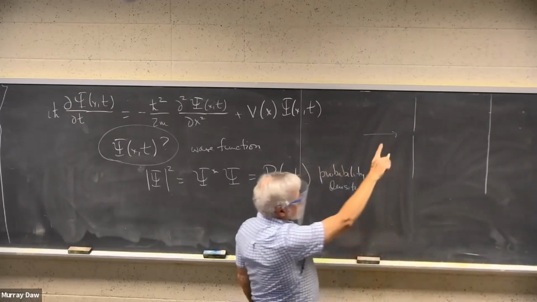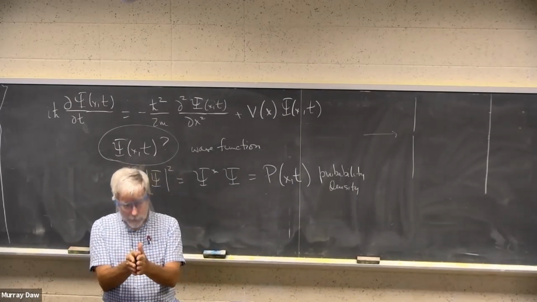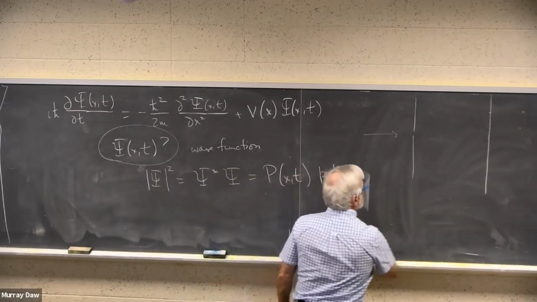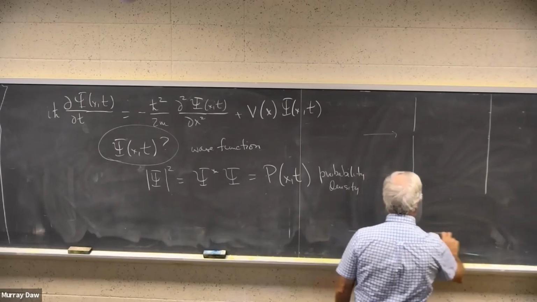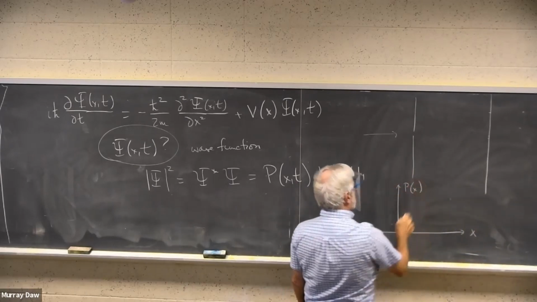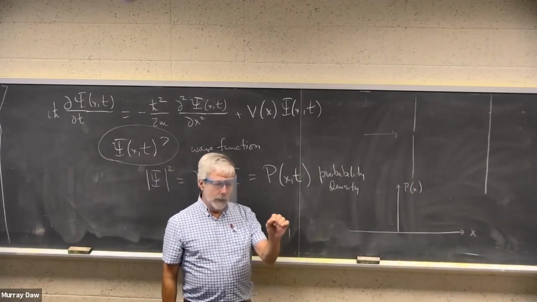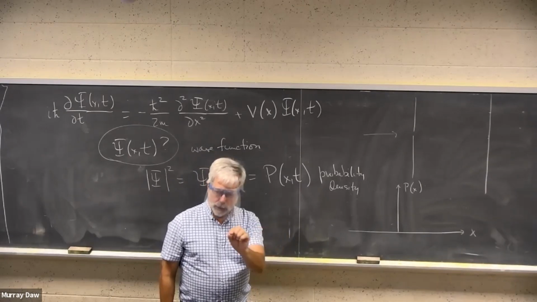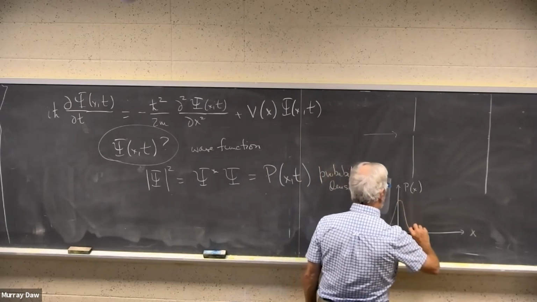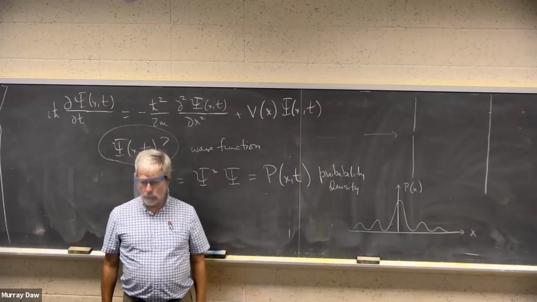If I accumulate those blips in a histogram, meaning how many show up in a box around this point in the screen, so I'm going to rotate this. So here's X. The histogram is the probability distribution that we're talking about. How many electrons show up within a narrow range around some value of X. So with that diffraction pattern, we're going to have these kind of fringes like this.